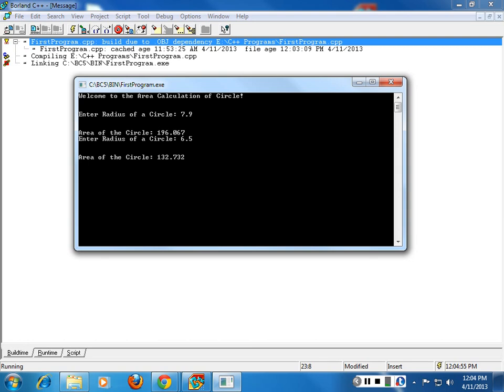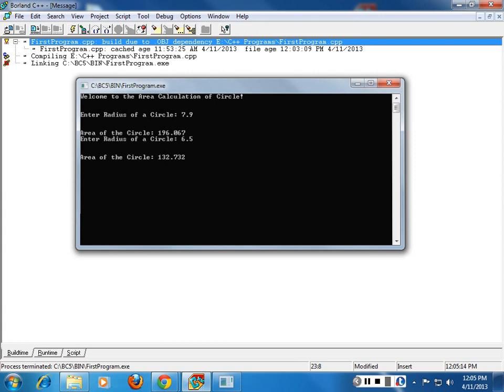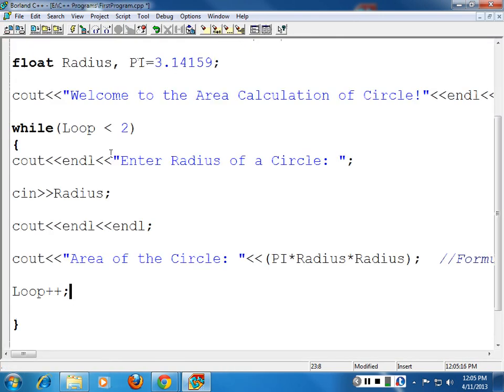You see it's not asking for the radius anymore, because the loop is done, because we just put the condition and it just took the radius twice, and it's not asking for calculating the radius, calculating the area. It's not asking the radius again. Now you can enhance it. Let's change the enhancement and let's put this handle here so that the lines look a little bit good. Let's put the handle here at the end of this